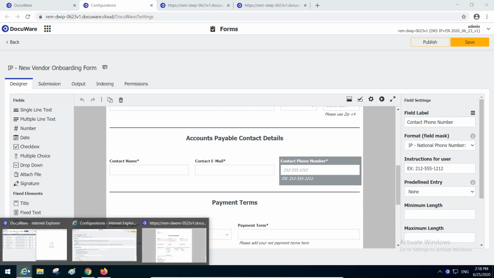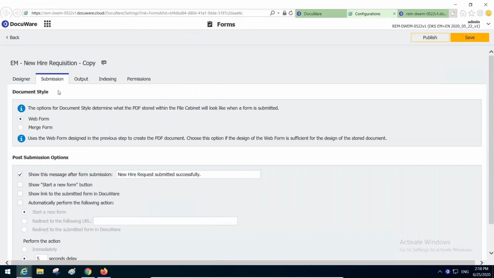Moving on within the options available in the designer, I have the web form versus merge form. What merge form does is allow me to take the information that is supplied in a web form and put it into some other document. I'll explain. Let me save this